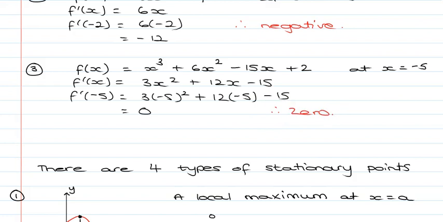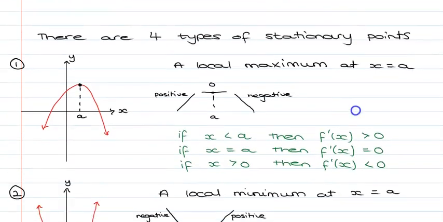Now there are 4 types of stationary points of which we have met 2 before. Let's just have a look at the first type of stationary point. We call this a local maximum. So looking at this particular graph, we can see there's a maximum point. Let's look at how we identify without the graph how we would find a maximum. What we do is once we've discovered the point where the gradient is 0, we look at the gradient either side of that. So we're going to look to the left and to the right. Now in the local maximum case, the gradient to the left will be positive and the gradient to the right